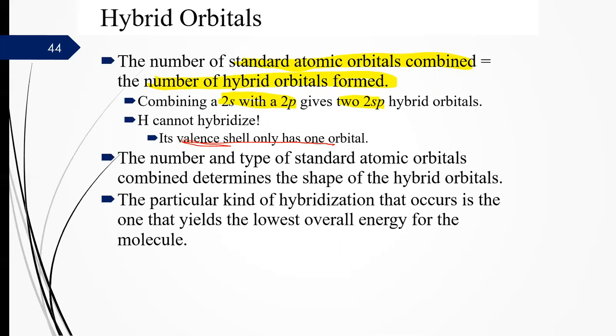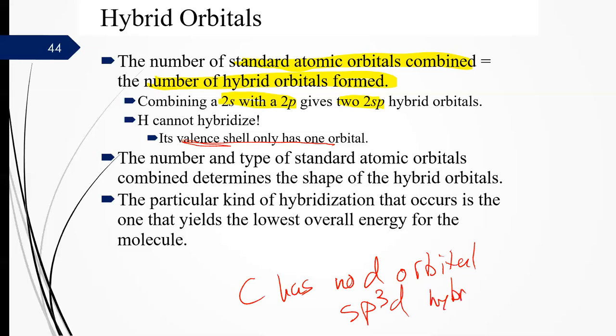That does mean that something like carbon has no d orbital, so it can't make an sp3d hybridization. And so there are some limitations to what you can hybridize. So the number and types of standard atomic orbitals combined determine the shape. And the particular kind of hybridization that occurs is the one that is going to give us the lowest overall